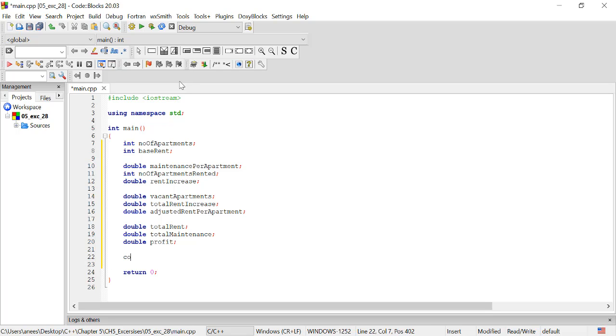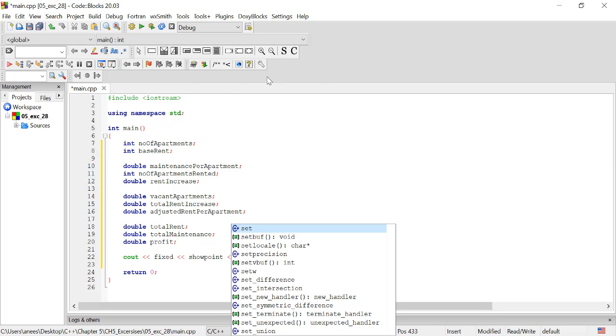And then we will cout fixed, showpoint, and setprecision to